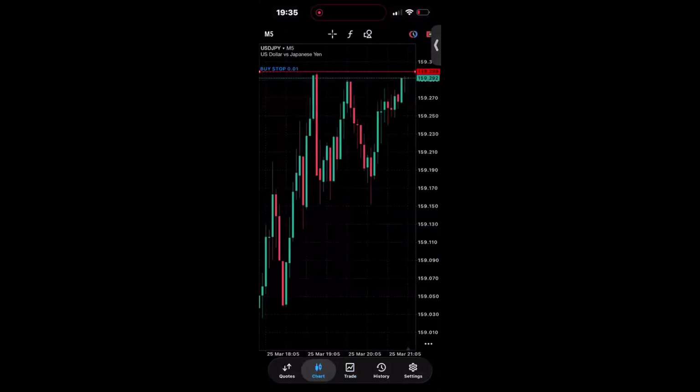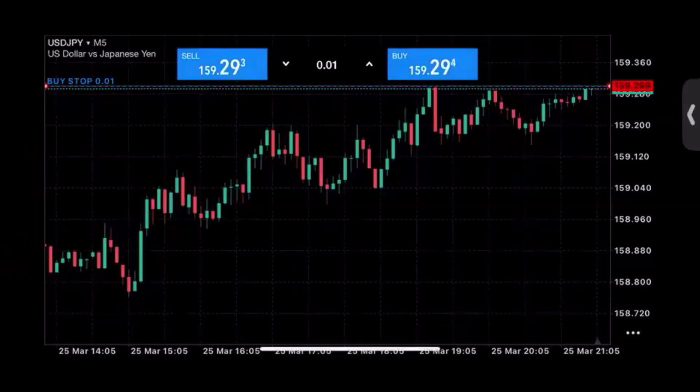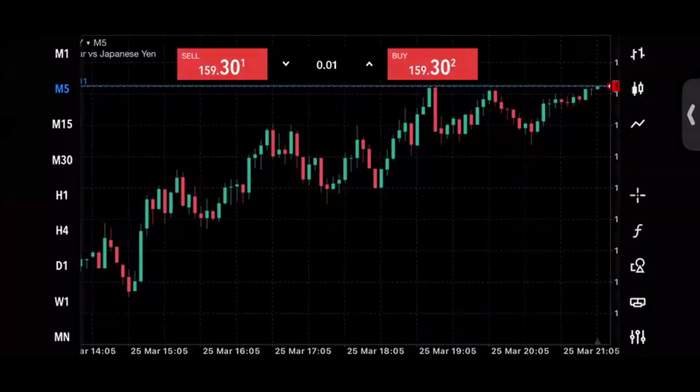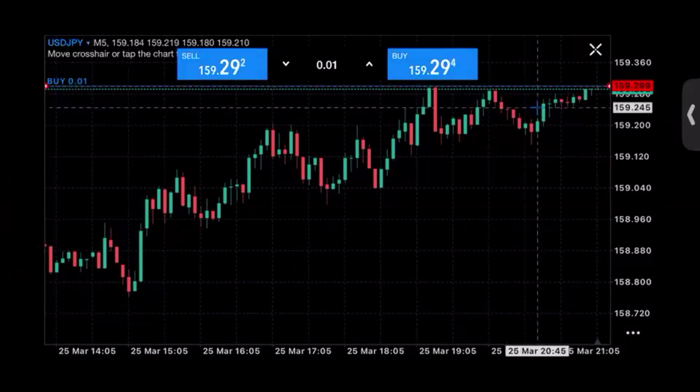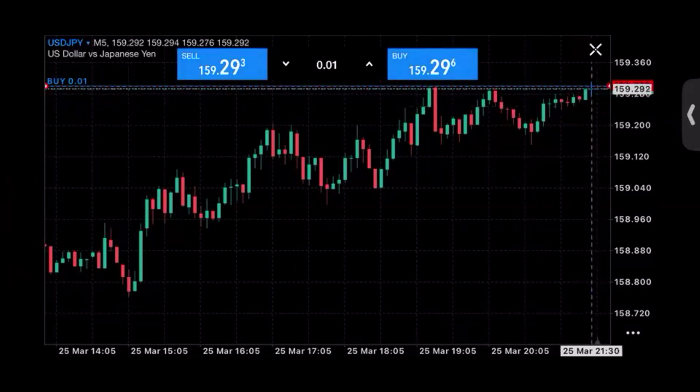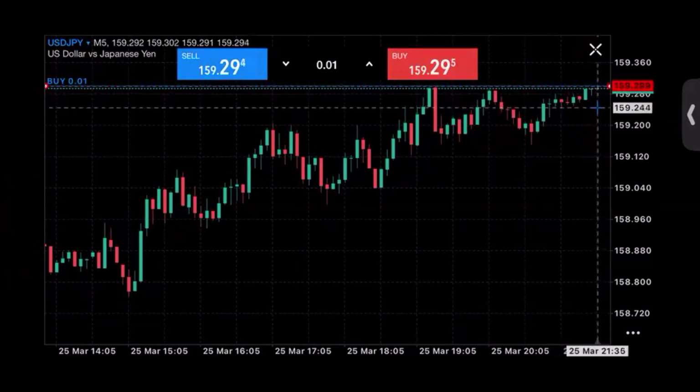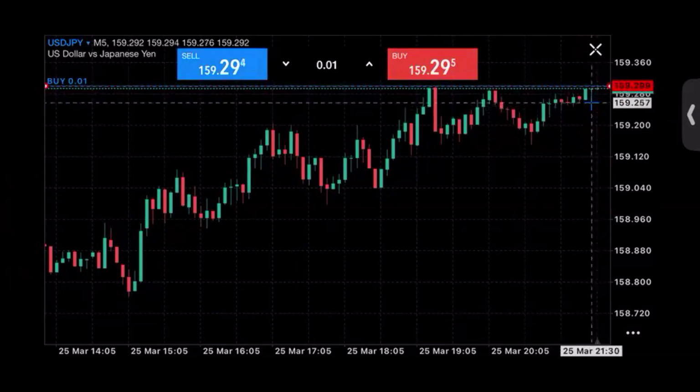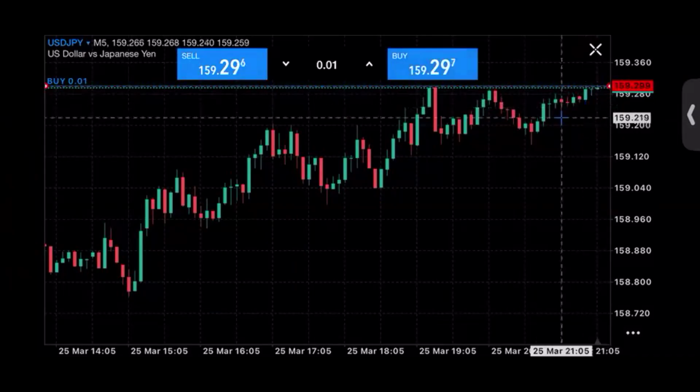Our stop loss for this trade. Now, to get your stop loss, you just need to ask yourself, where is this trade coming from? Where is the low of this trade? Now, there are two lows for this trade, right? The first one is this one here, which is very close, right? What this means is that if price takes my buy stop, it can actually come back to retest this level and take me out. So if I'm putting it here, this is about 6 pips, which is not really too high. I can go for this one, which is about 11 pips.